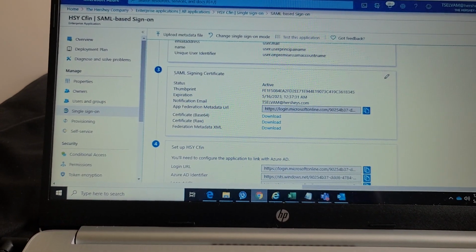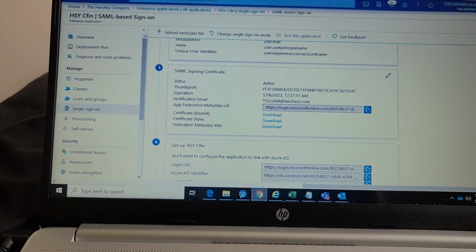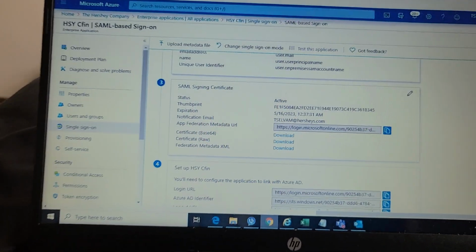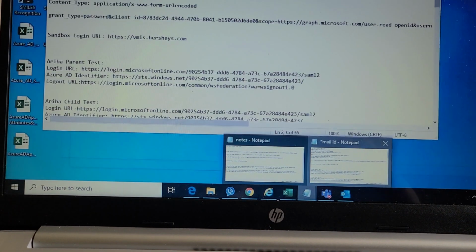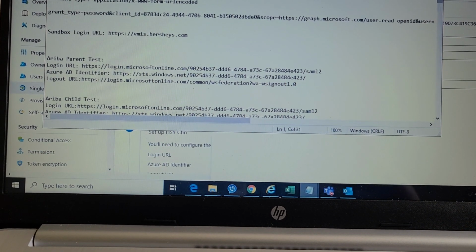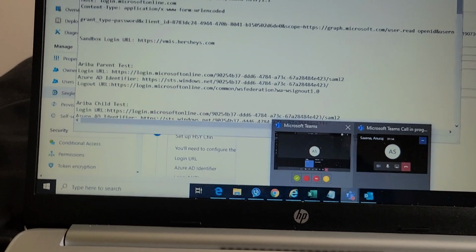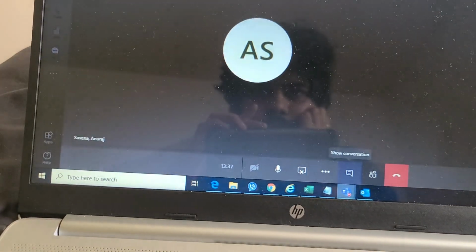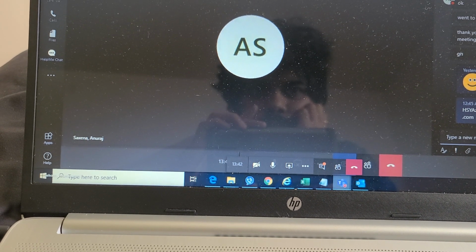Here, as I told you, we have to change the email ID to a DL. So what should be the notification email address? This is the one. You save it somewhere, I'll send it to you. This should be the notification email address.